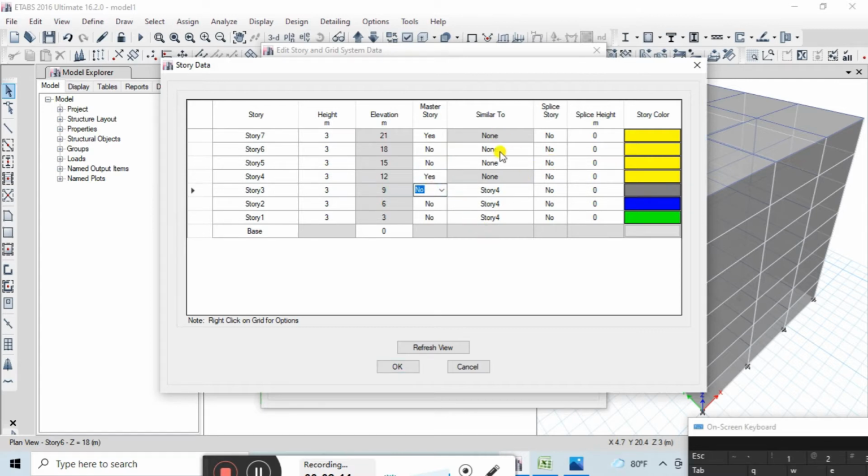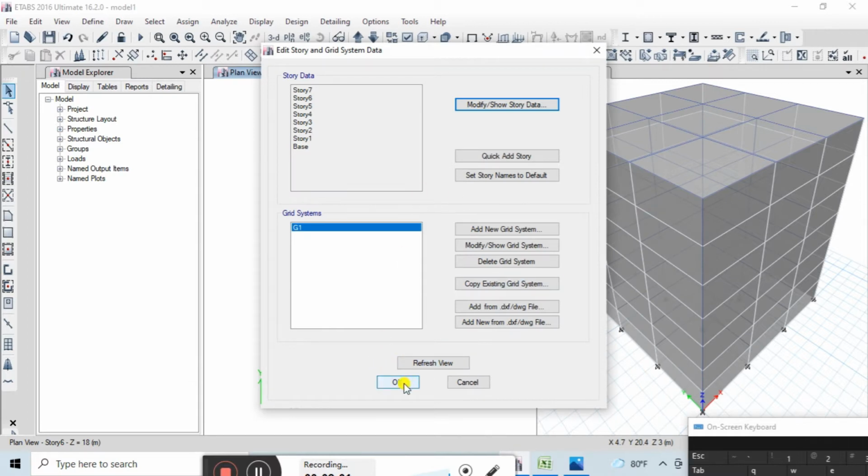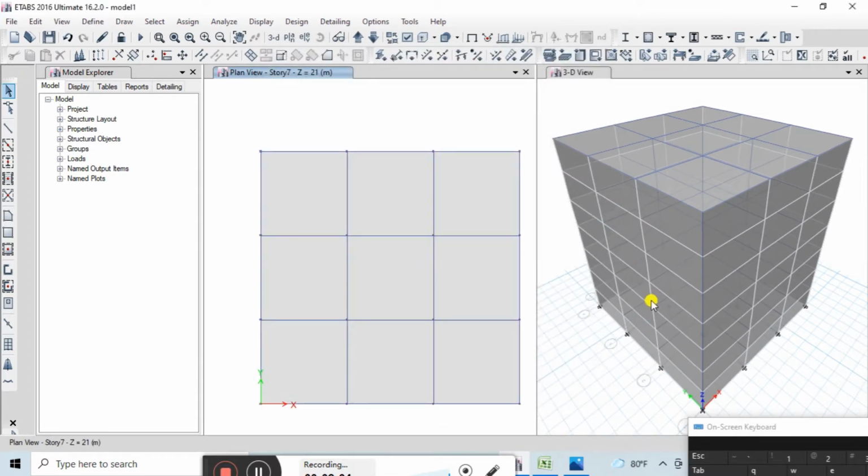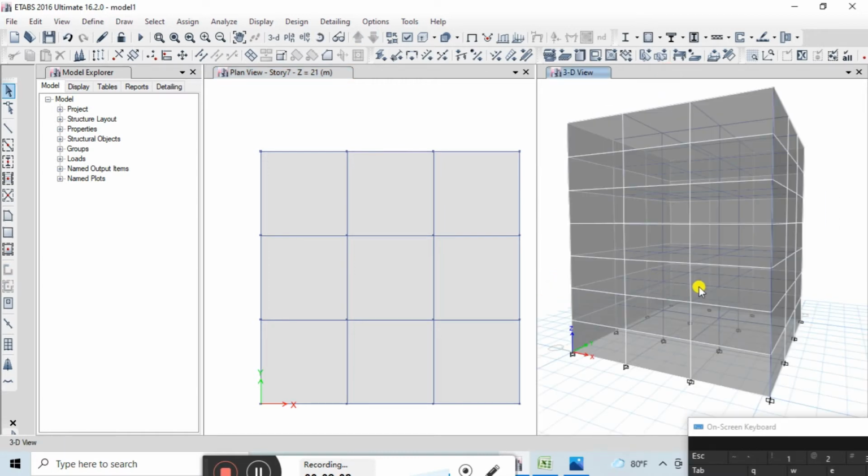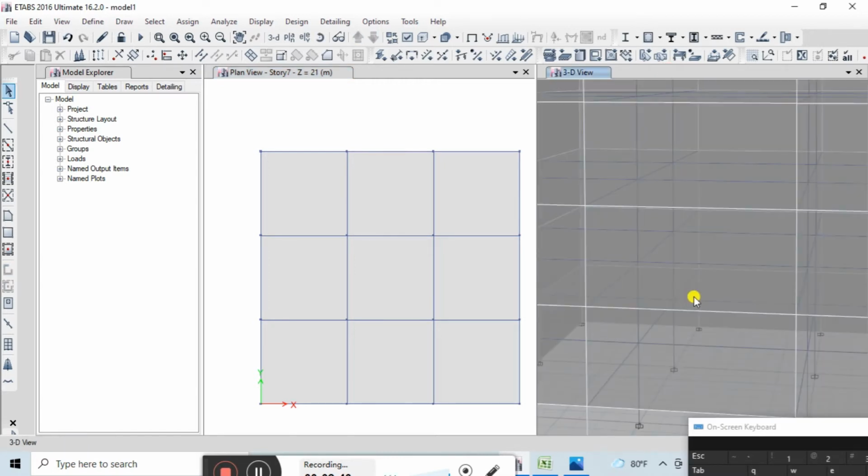Now this belongs to story 4, similar to story 4. Sorry, this belongs to story 7 and this all belongs to story 4. Then press OK and then again OK. Now you can see on the right hand side in 3D view we have a model of a 7 story building.